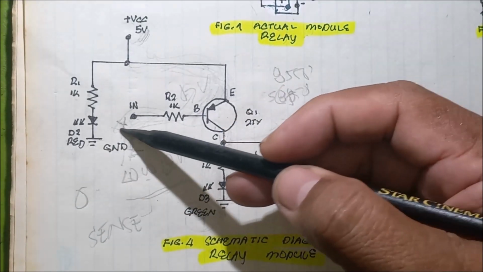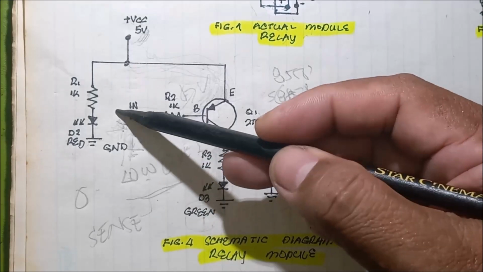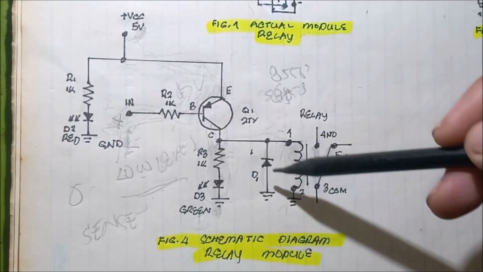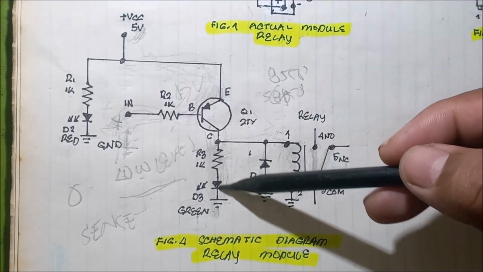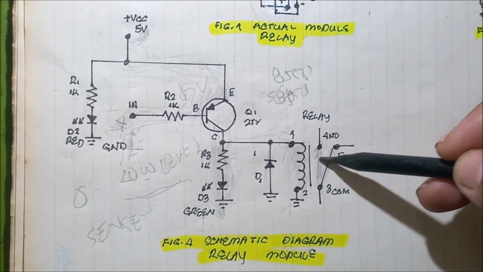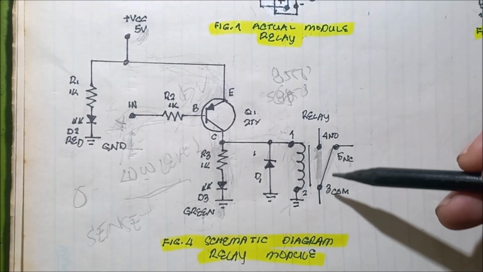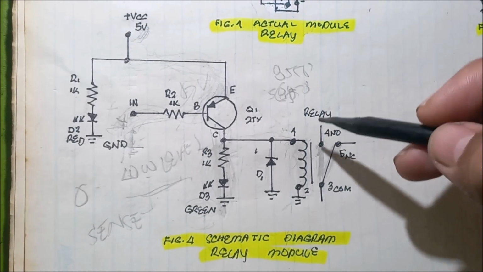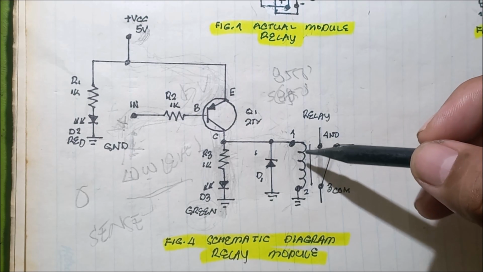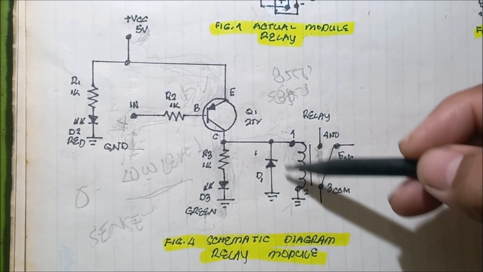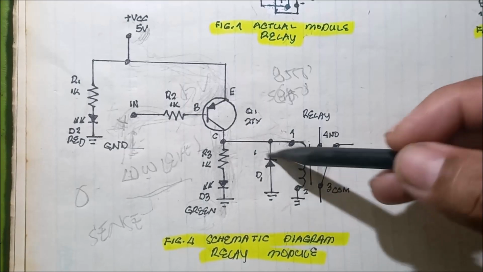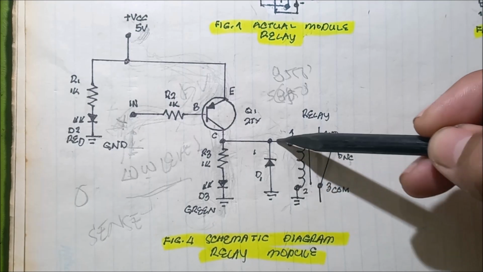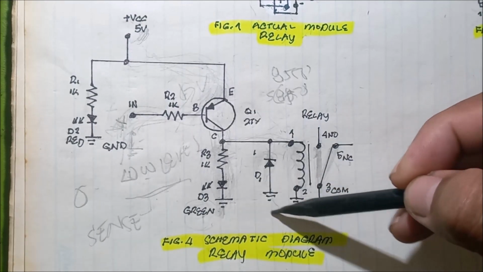And once we release the switch, when we press and then release, there is no more current that flows into the collector. This contact will move again to pin number 5. And because of that, it will produce a back EMF or a voltage surge. And that's why there is a diode here to protect the circuit. Instead of flowing the current back to the transistor, it will flow somewhere here